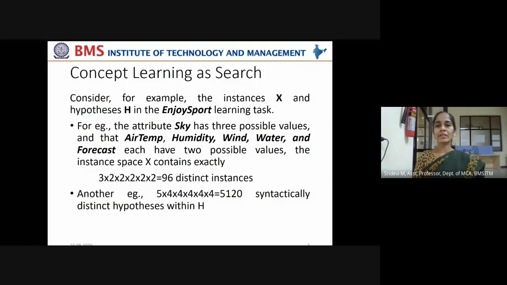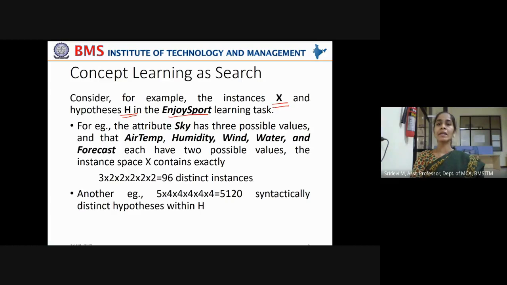Now, consider, for example, the instances X and the hypothesis space H in the enjoy sport learning task. So what are the instances available? 4 days' data. And what is the hypothesis space? How many hypotheses will be there in the hypothesis space? Let us see how to calculate that. Okay, you're not going to calculate that in future, but I'm just explaining to you